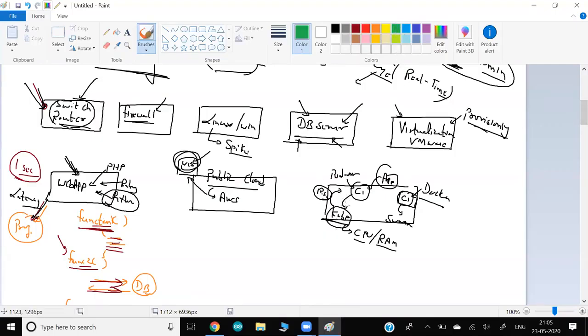Because in Kubernetes, say my first container goes down. It fails. Why did it fail? We don't know. Maybe at that particular point in time we have one more container, container two, and suddenly this container starts using a lot of CPU.